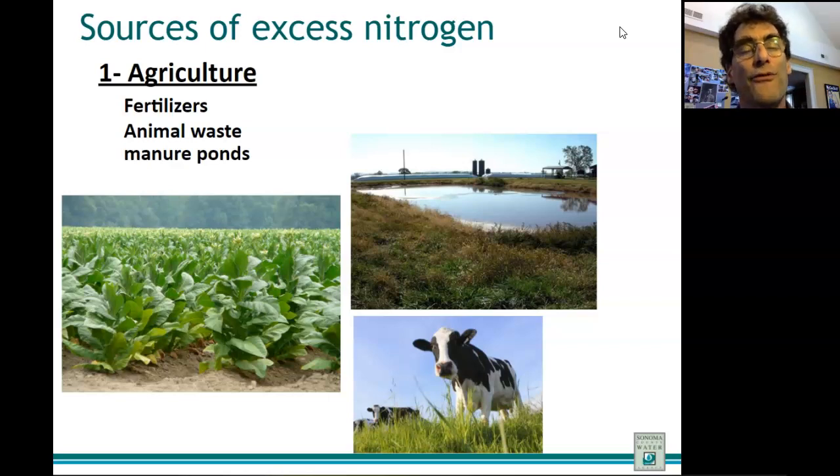But just think of how flat North Carolina is. Think of what happens when that manure pond gets covered with 10 feet of flood water. All of that manure waste just goes into the water. So when you're in the flood water, you don't want to be in flood water in eastern North Carolina.